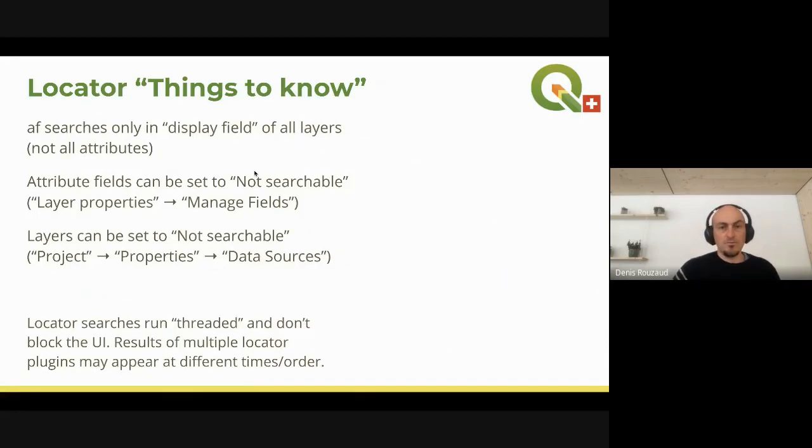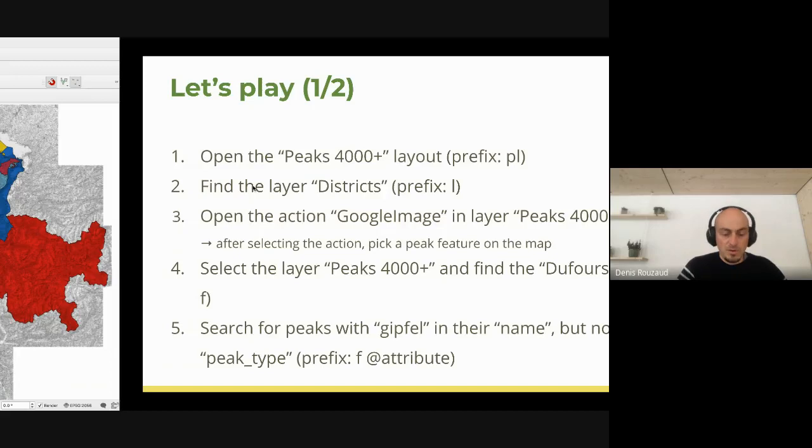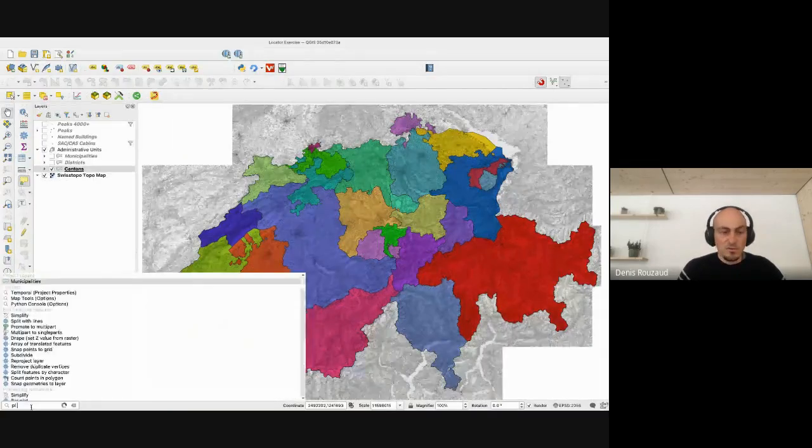So let's play with the locator. So we'll play with the layout. So the old print composer in former QGIS. So we'll open the PIX 4000 layout. So that's PL for project layout, and if I type 4000,